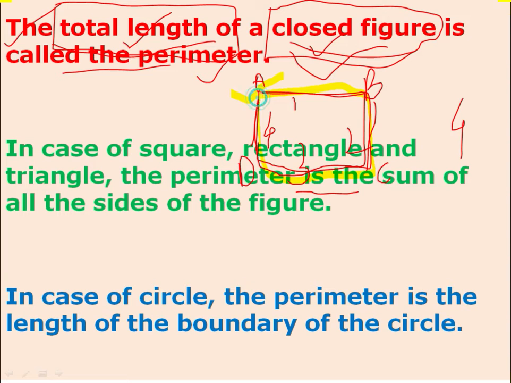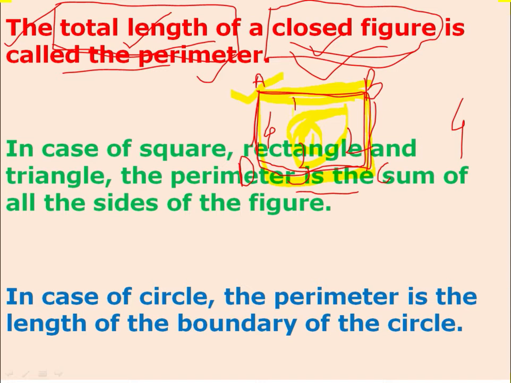And when we count this total length, dear students, we are not talking about the inside area, we are just talking about the border, or the boundary of the closed shape. We are not talking about the area which is inside the boundary. This is another concept we will learn later, or we will come up with a new video on this topic. Now we have to focus only on this border. So in simple words, the measurement or total length of the border of the closed shape is called the perimeter.